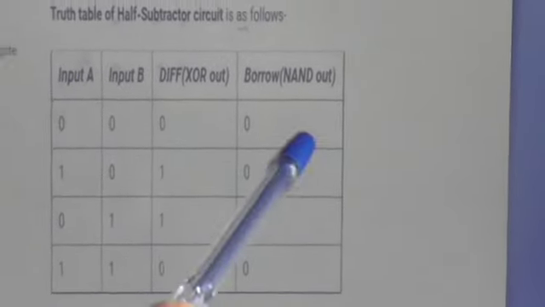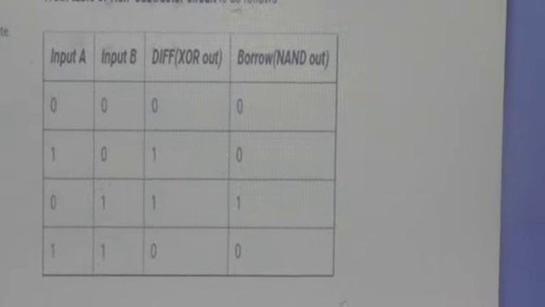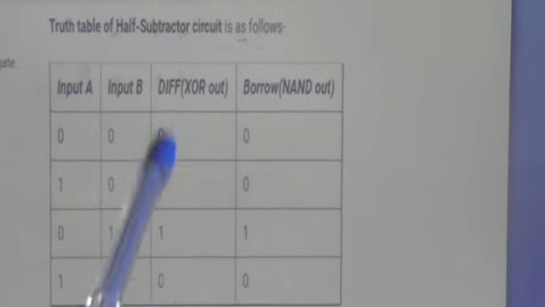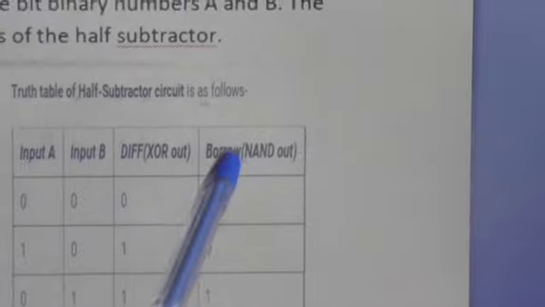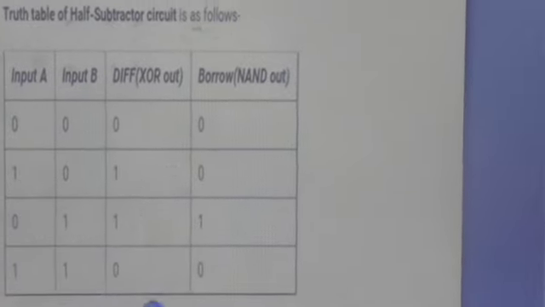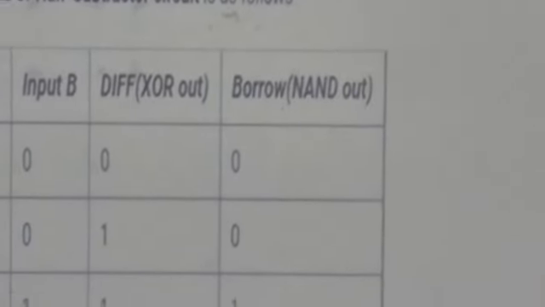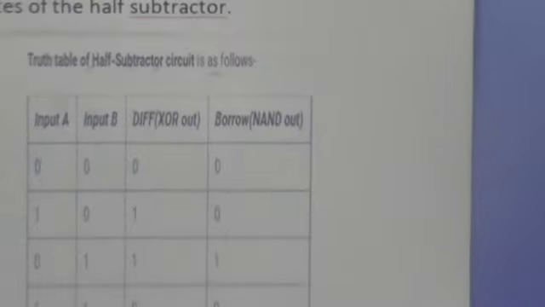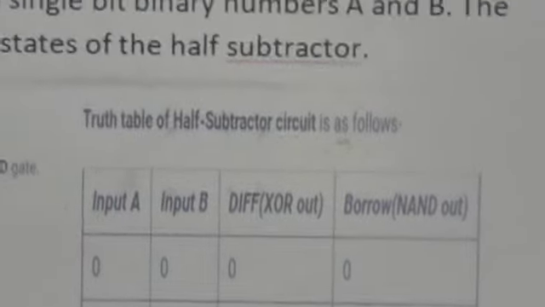If you concentrate on the output, we analyze it like this: it is the output of some gates. Which gates? The difference is the output of an XOR gate, and we get the borrow from an AND gate connected with a NOT gate, which is simply a NAND-like function. But we do not use a NAND gate directly due to some disadvantage. That's why we use the NOT gate connected with the AND gate for demonstrating the half subtractor. Now the logic diagram is here.